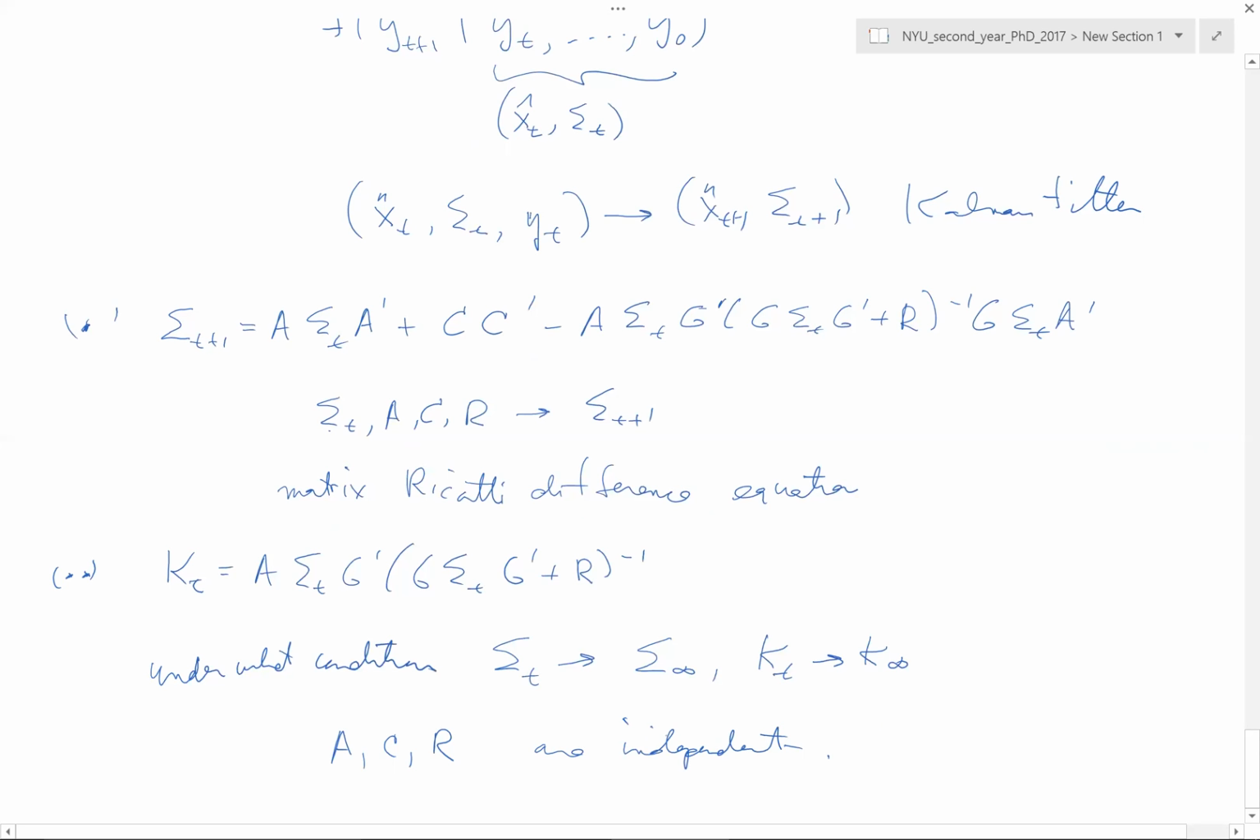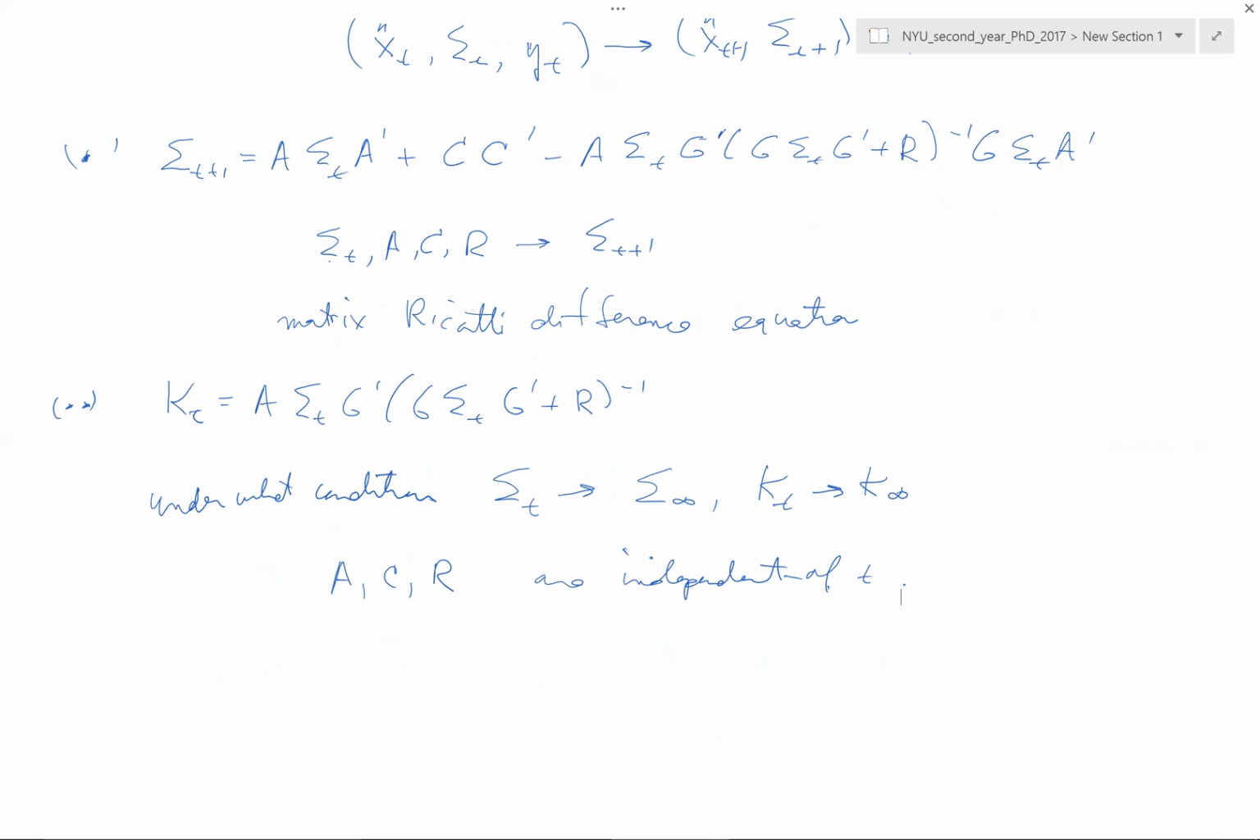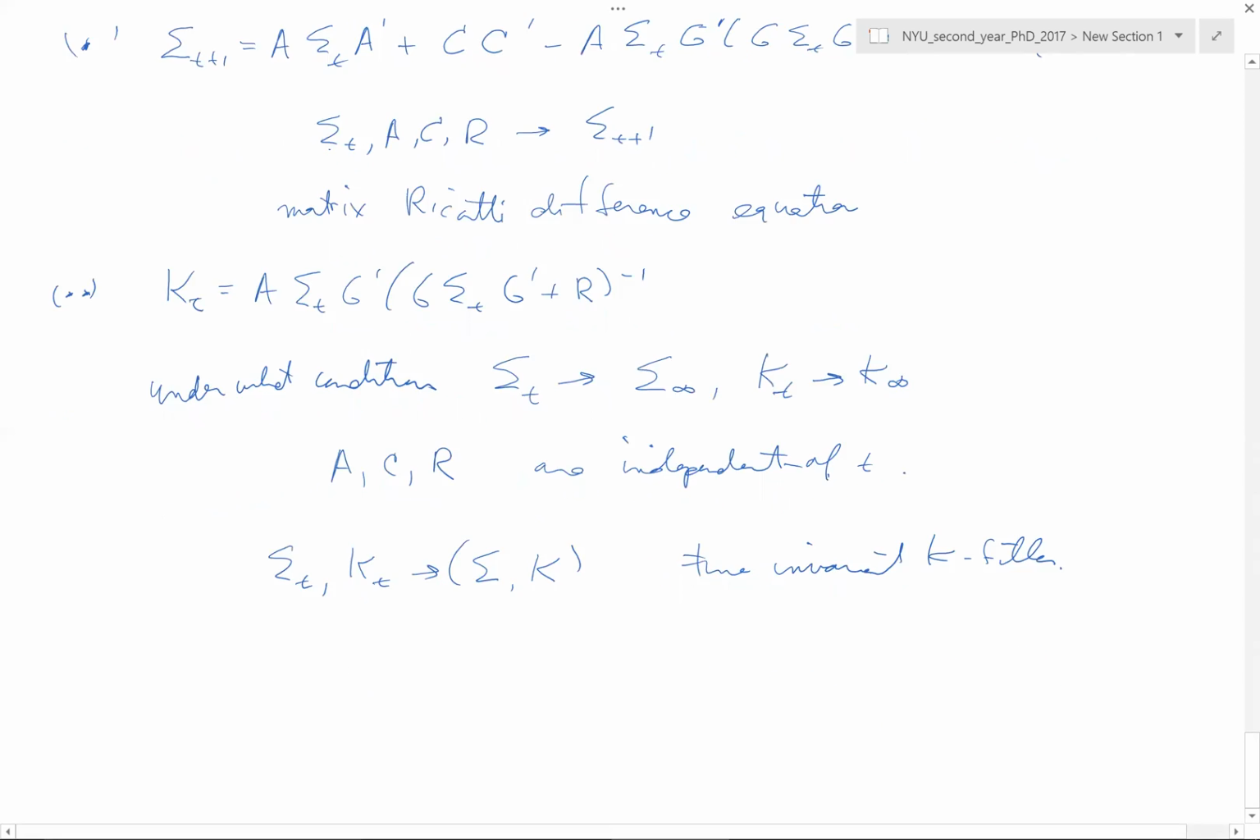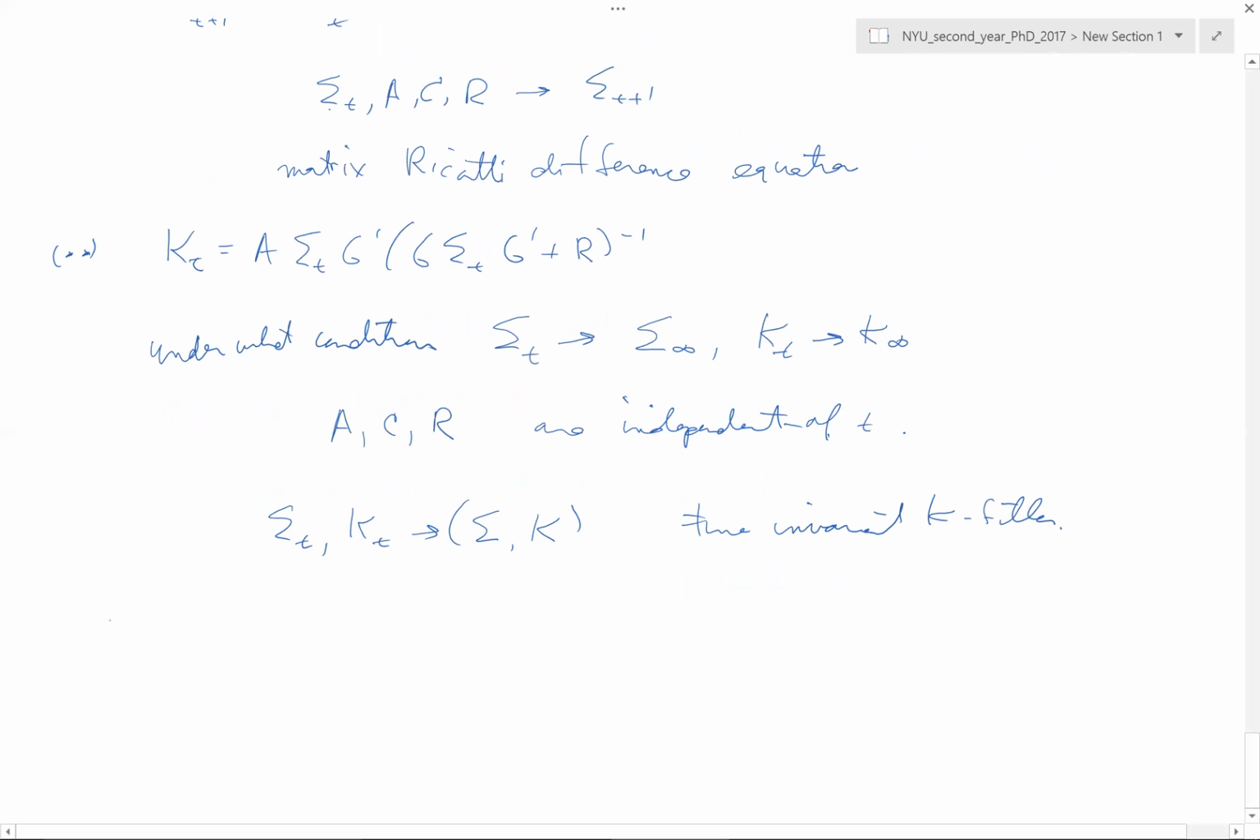So oftentimes these conditions are satisfied, and what they amount to saying is that if this system operates for a very, very long time and we have a very long history, then the Kalman filter, the sigma t and the k_t, converge to just constant numbers. And this is called the time invariant Kalman filter. Okay, so I'm almost ready to stop. What I want to tell you is that